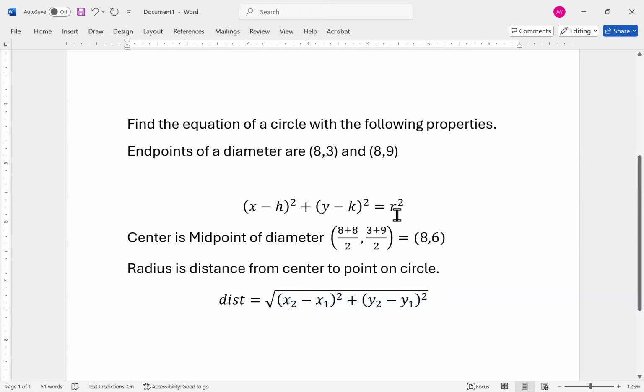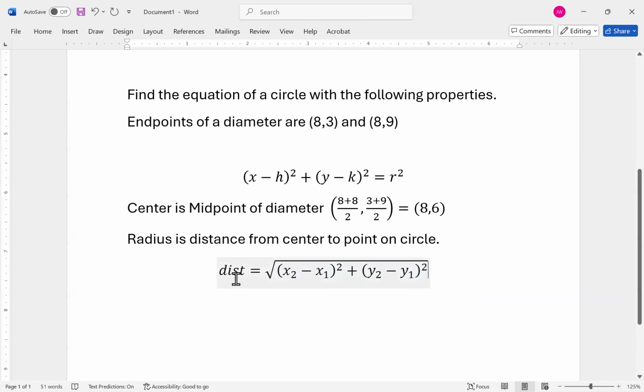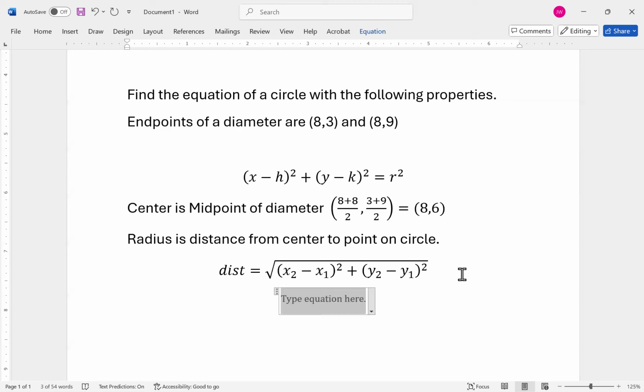That's basically the Pythagorean theorem, c equals the square root of a squared plus b squared. So if you want to use that distance formula, that's perfectly fine. But in this case, it's a little easier. Going from (8, 6) to (8, 3), that's obviously a distance of 3 because the x values are